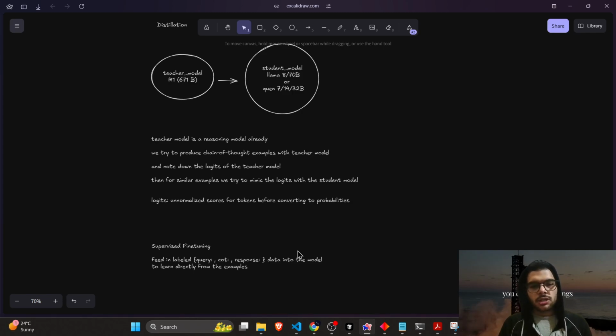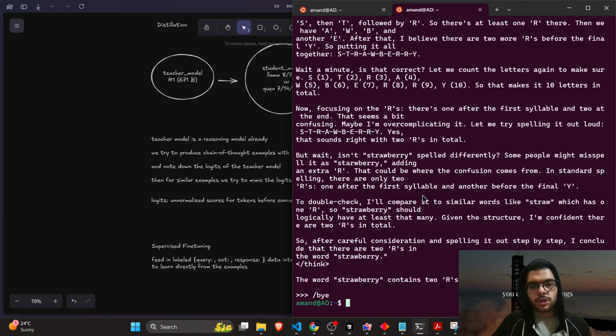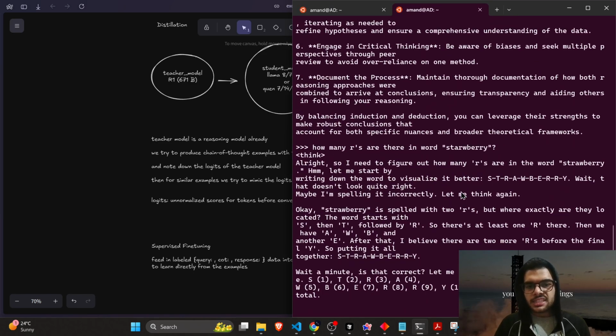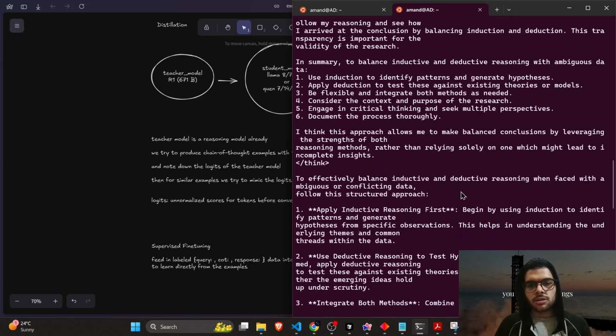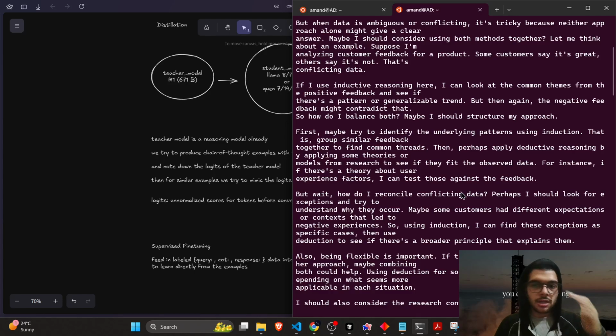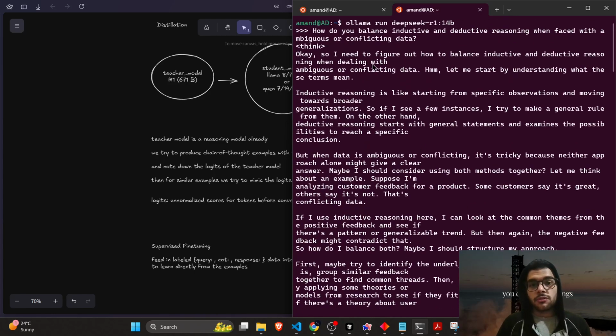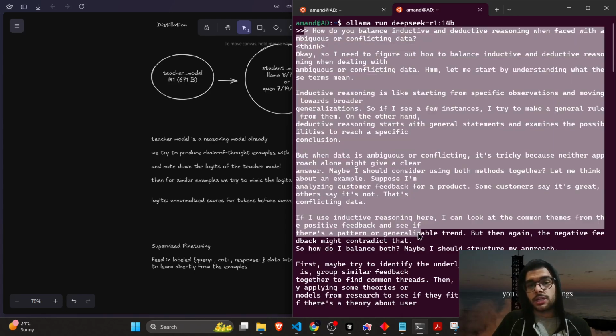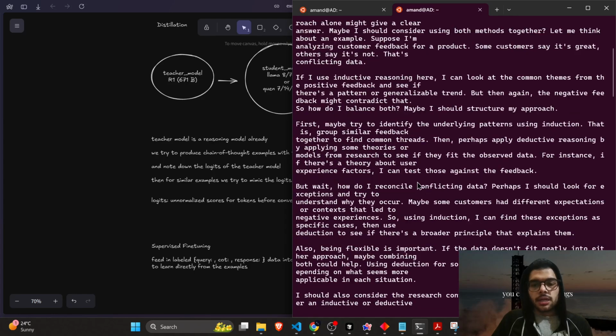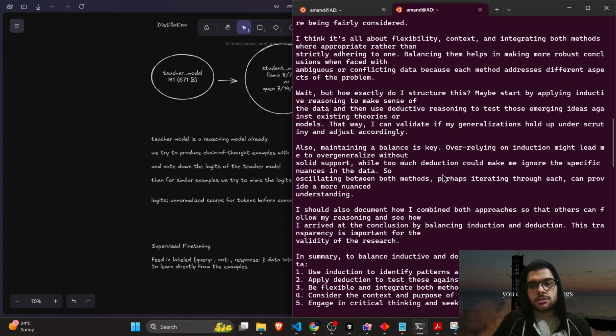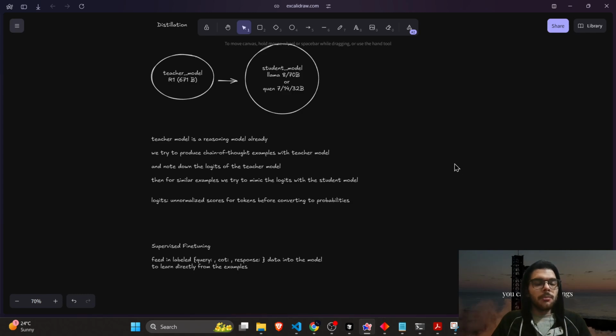Basically, what distilled models can do, like what I was showing you before: this is a reasoning model, and this is a distilled model. Basically this is a distilled Qwen 14B. If you see, R1, the 671 billion parameter model, responds the same way, and this 14 billion parameter model also responds in the same way. Quality might differ, but the structure is the same. The accuracy would be almost near. The only difference would be the number of parameters. So distillation is a very good technique to mimic the behavior of a larger model in a smaller model.